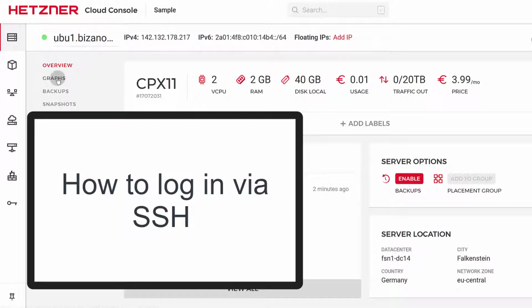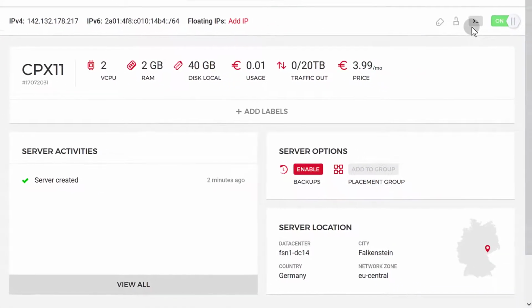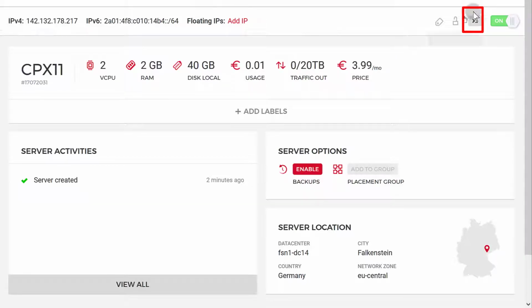So you can look at all this to see what options you have. So let's see how we can log into the server. We do have our IP, and all the other details should have been sent to my email. Now you can use the console here to log into your server.